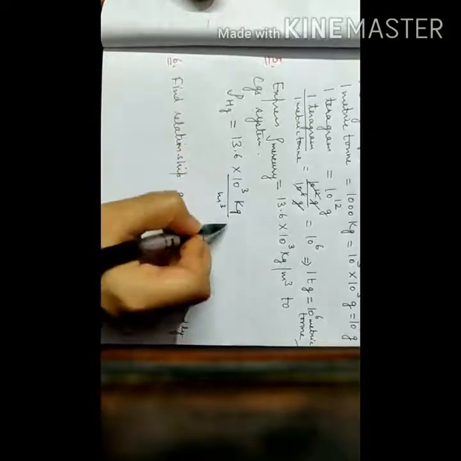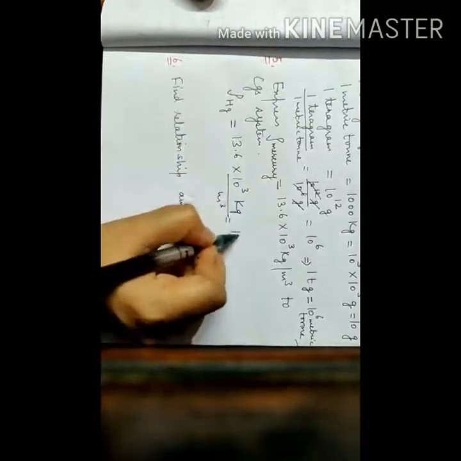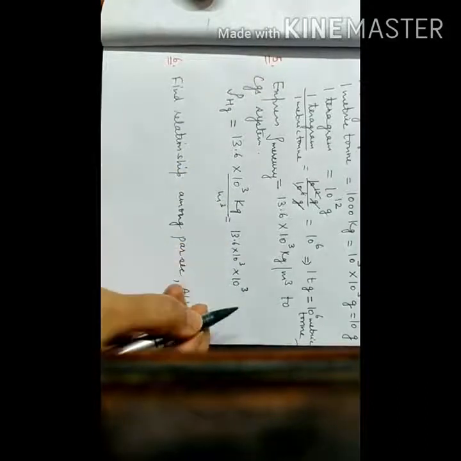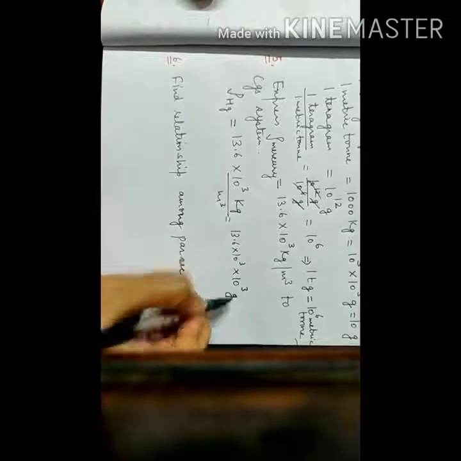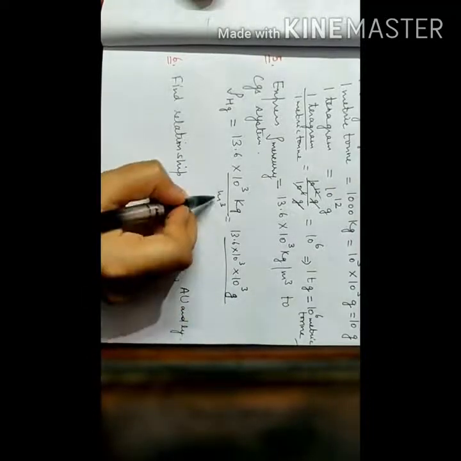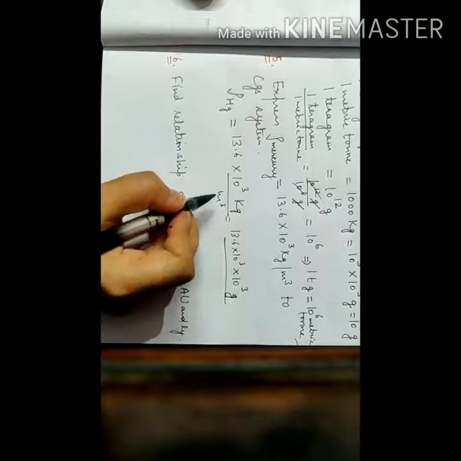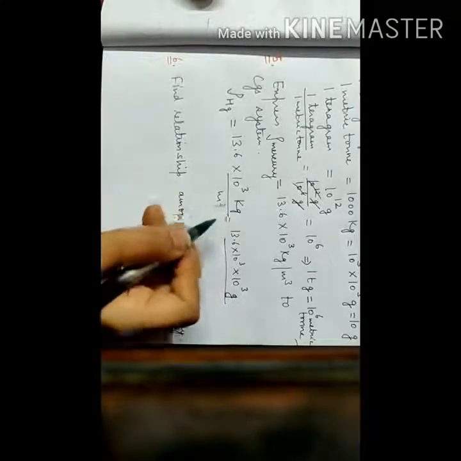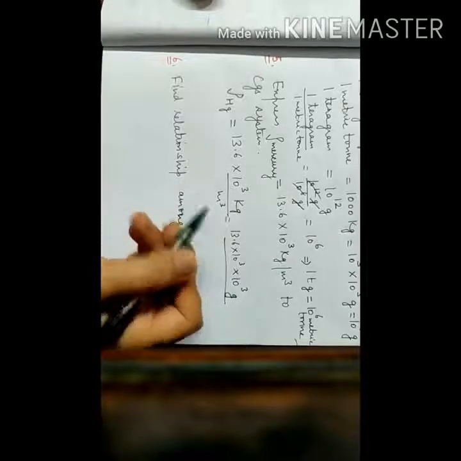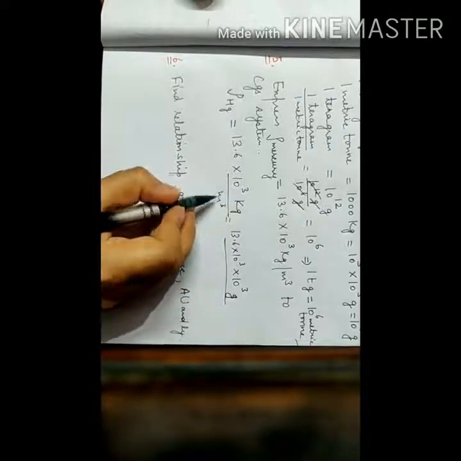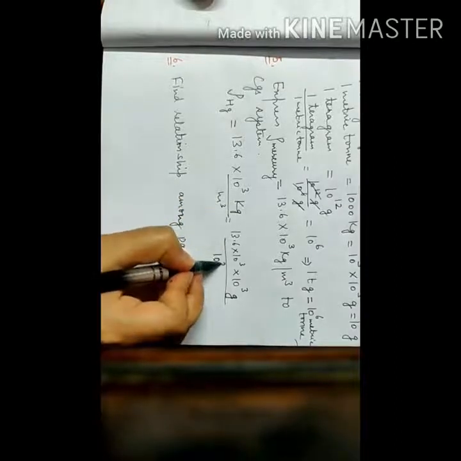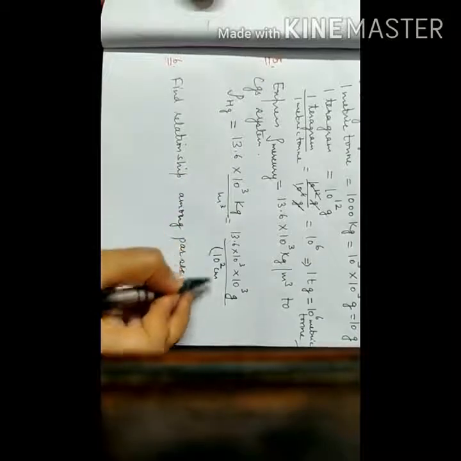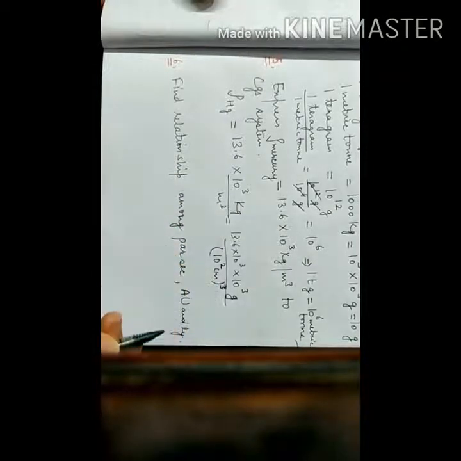meaning it is in divide. Right? Value remains the same, 13.6 10 to the power 3. K means 10 to the power 3. किलो means 10 to the power 3. ये बन गया G, ग्राम तो मिल गया. Now meter. 1 meter is equal to 100 centimeter. हम छोटी क्लासेस से पढ़ते हैं. तो 100 को अब से हम क्या लिखेंगे? 10 to the power 2. पावर्स में यूज करना शुरू करेंगे. Then 1 meter is equal to 10 to the power 2 सेंटीमीटर. मीटर को लिखा, मीटर की पावर फिर इस सारे पे आ जाएगी. Then it will be 10 to the power 3.